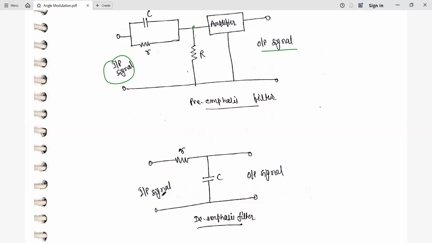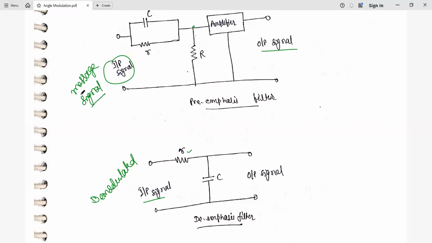Whereas in the case of de-emphasis, we have the demodulated signal as the input, and here you see that the capacitor is connected in parallel at the output, and the resistance is connected at the input side. So here we have the demodulated signal, which is given to the de-emphasis part, and this is the message signal which is given to the